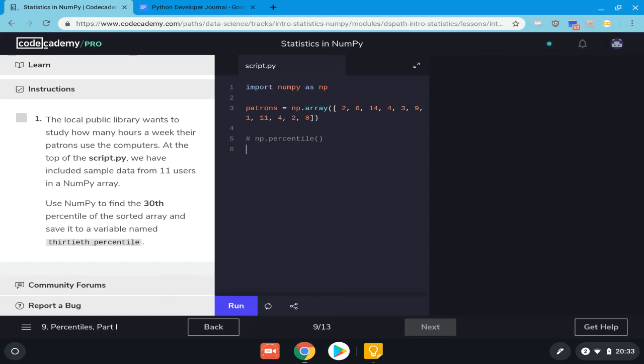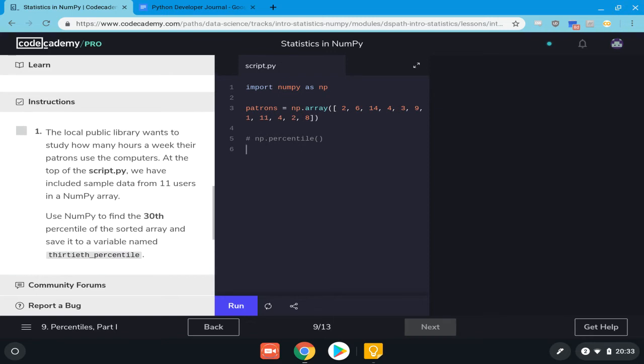Okay. Sorted array. Okay. 30th percentile